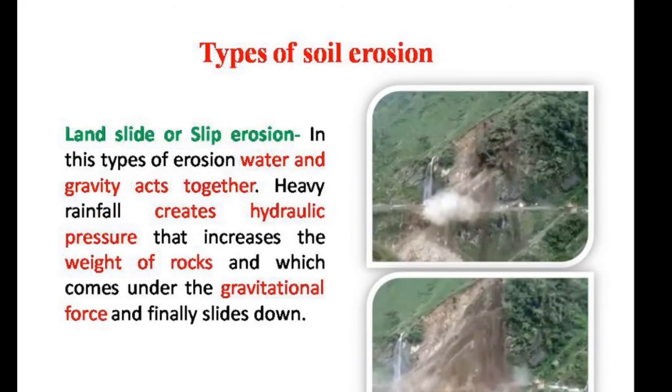The next is the landslide or slip erosion. This kind of erosion takes place over hilly areas where the vegetation or plantation is very less, and more or less the land over there is exposed to different types of climatic conditions, especially the rainwater during the monsoon season. When rain occurs,